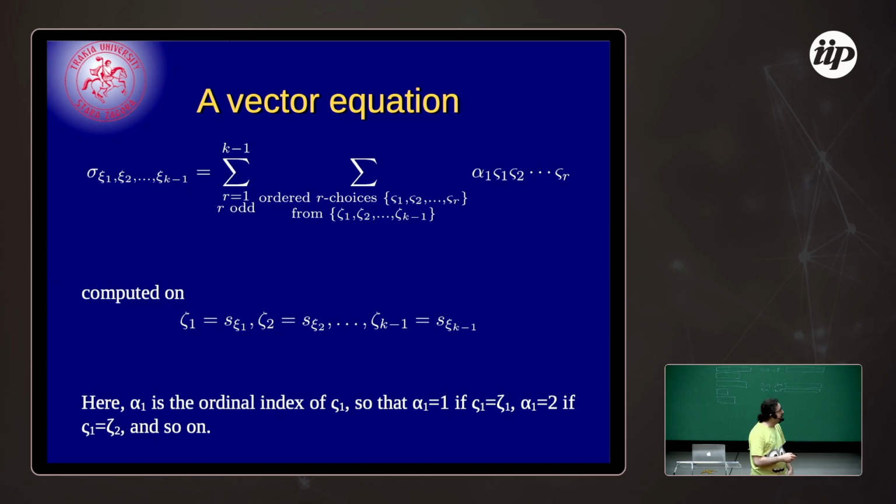And this alpha 1 is the ordinal index of the first sigma 1. So basically, if the first sigma 1 is zeta 1, so S1 in the examples before, then alpha 1 is 1. If it is zeta 2, then alpha 2 is 2. If it is zeta 3, then alpha 3 is 3. The red numbers that I was writing before. So this is literally like 2 for loops, one inside the other,